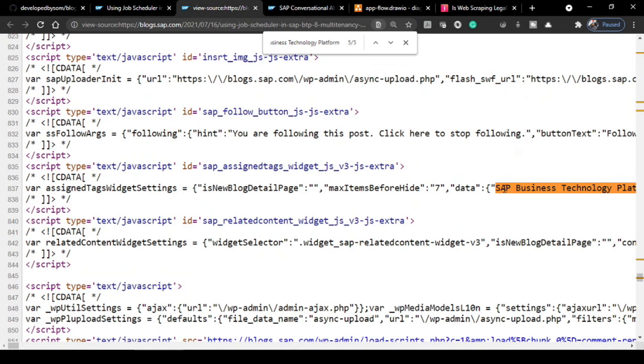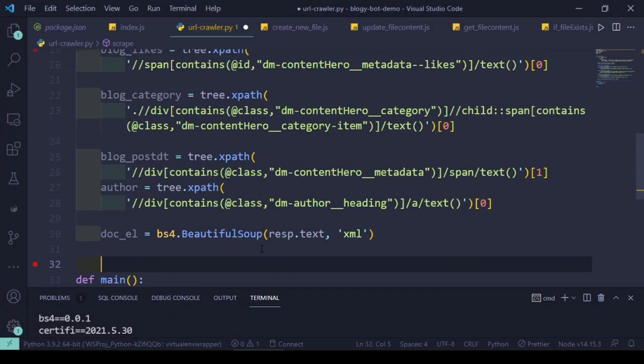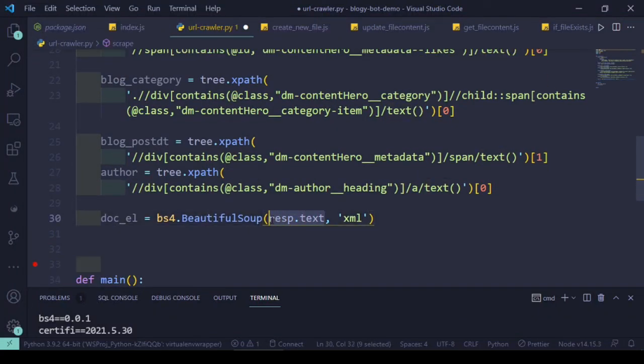What we'll do is use Beautiful Soup now. We'll write something like this. Whatever the response text we got, we'll create a document element using that, and then we'll loop through all the elements using script as a search.